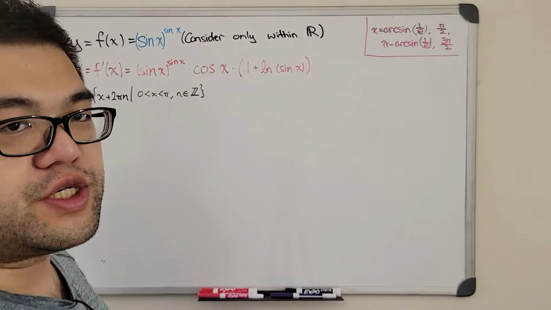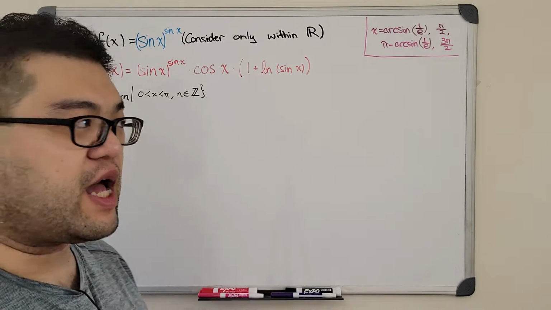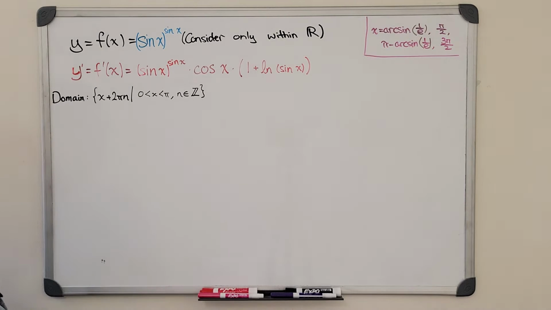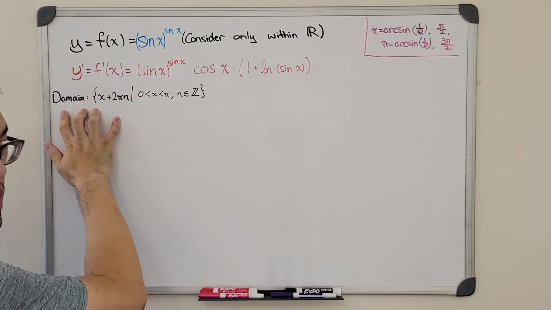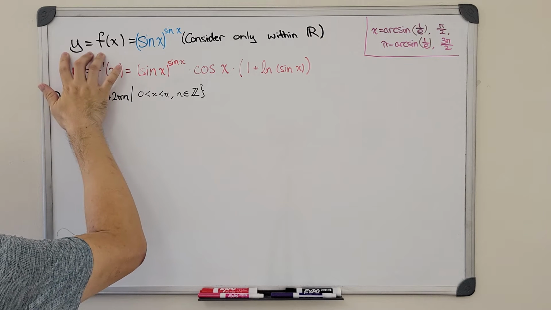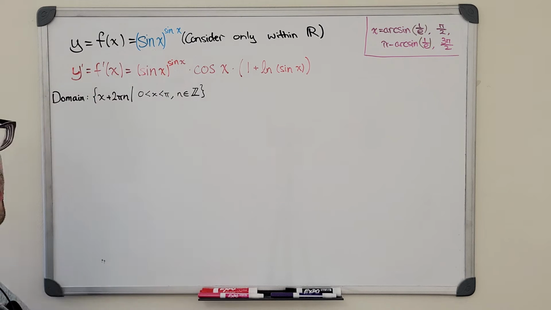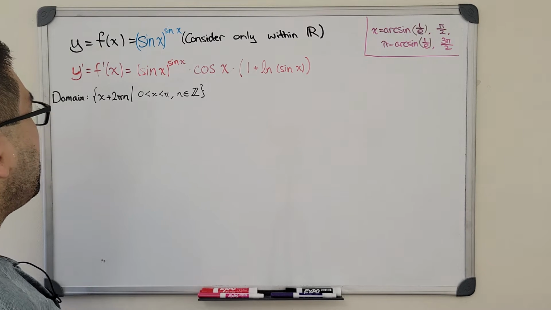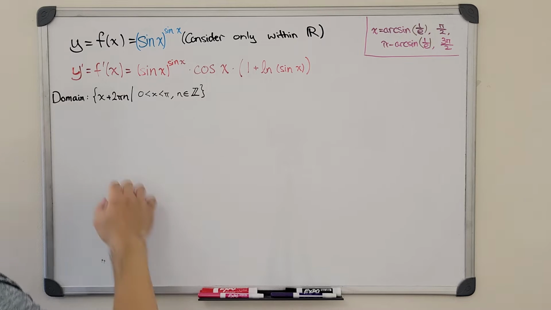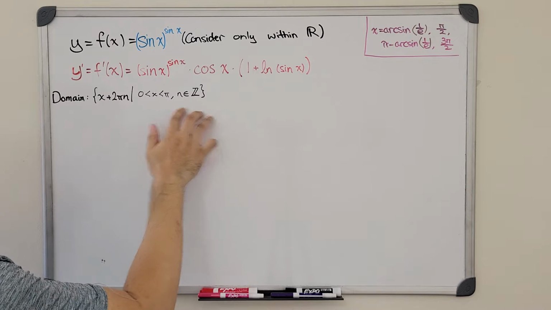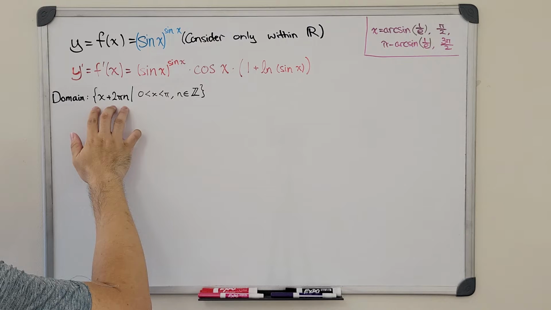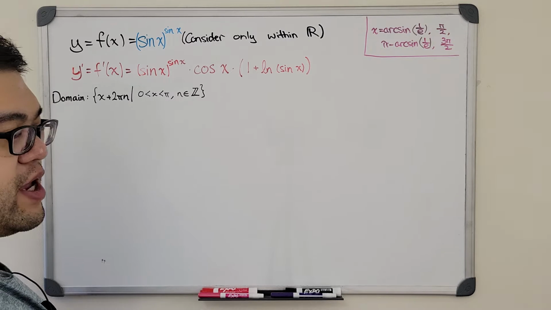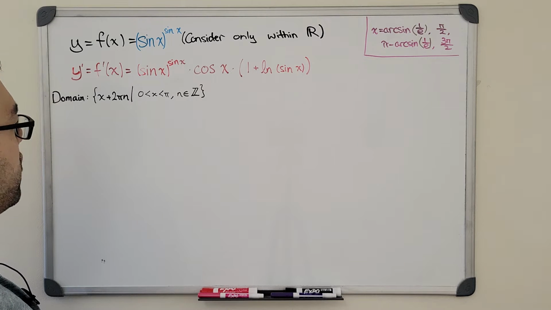So we're going to continue from where we left off in the last video. At the end of the last video, we finally found the domain of the function y equals, or we can call it f of x, which is equal to sine of x all raised to the sine of x power. And we claim that the domain will be the following set, which are infinitely many open intervals